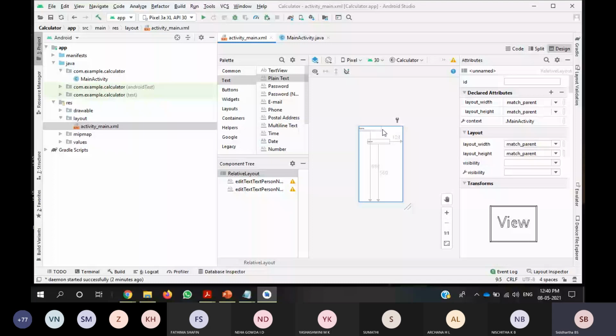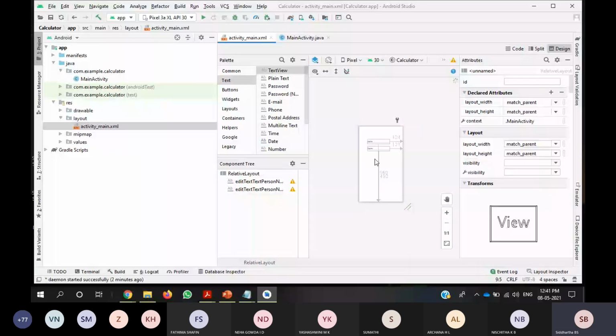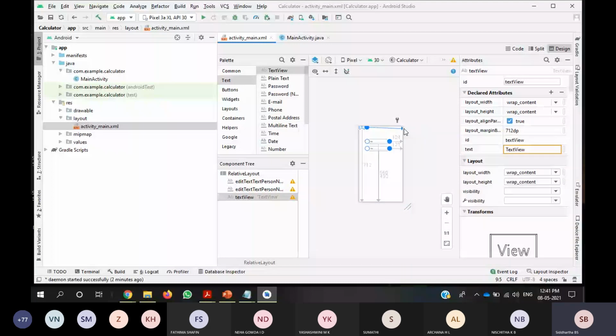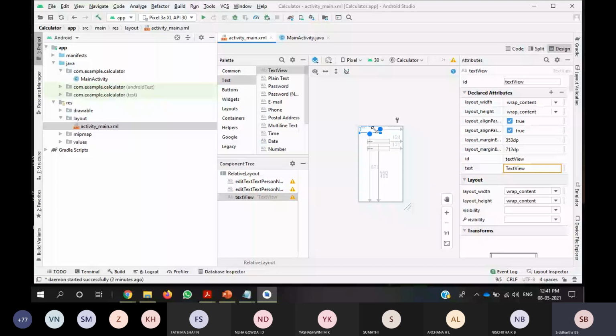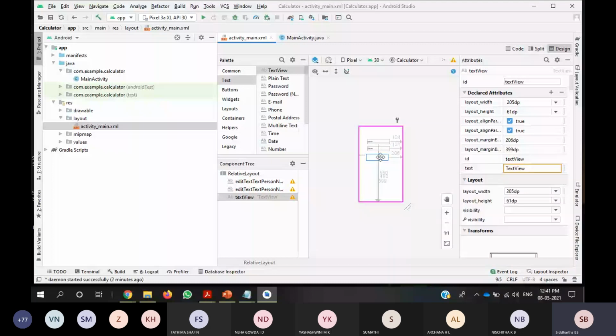And one more text view is needed to display the results. Same, repeat the process. Align it properly so that it looks and feels good.